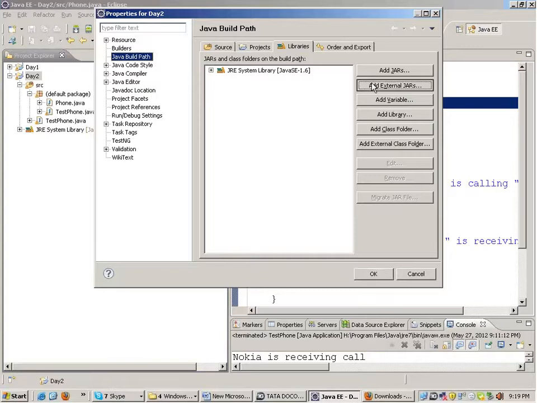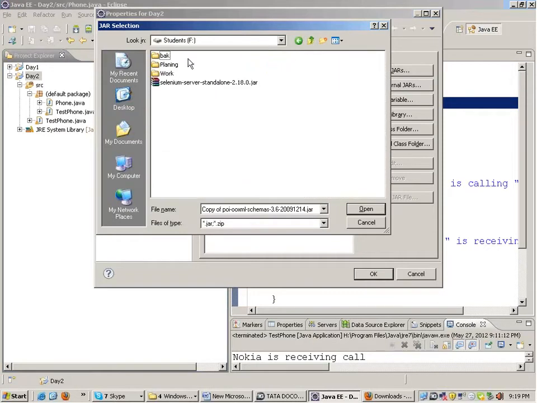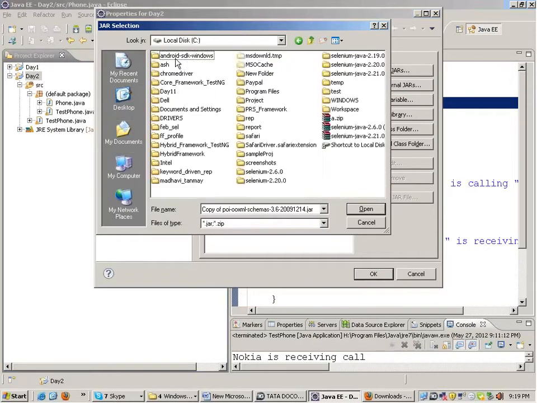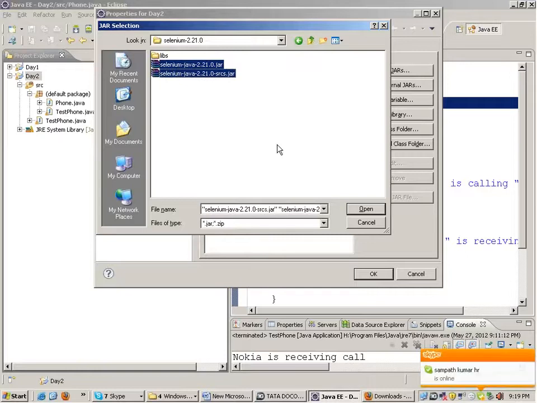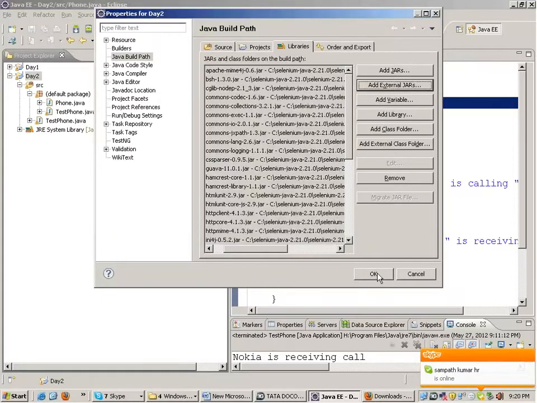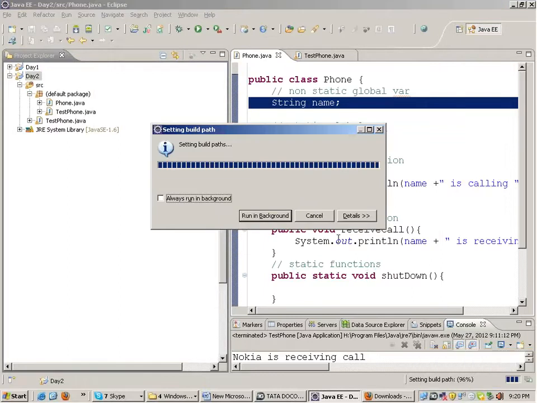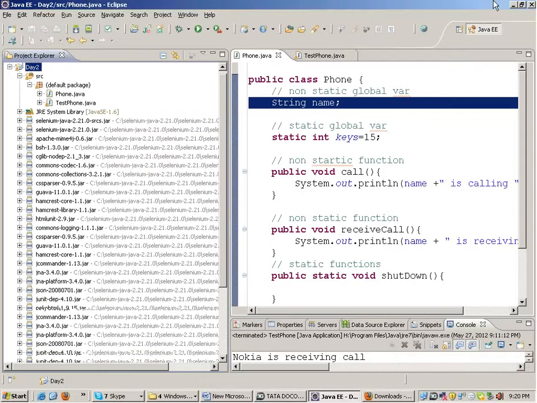Click on it, add external jars, and you can select the jars which you want to add in your Selenium. I will add these two jar files, 2.21.0 and sources, and I will add all the jar files in the lib folder. Click on OK, and it will set the build path. You'll get all the jar files listed like this.